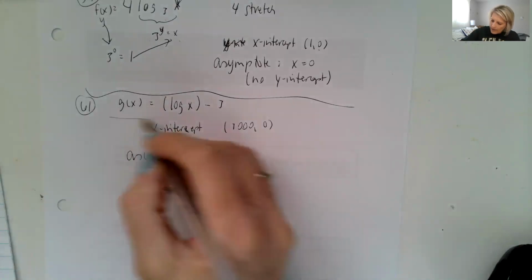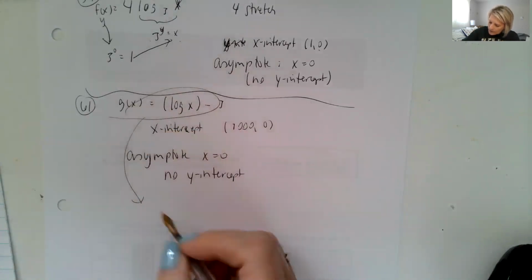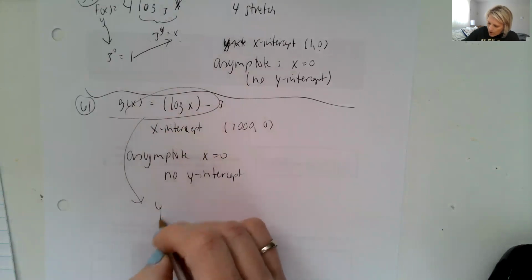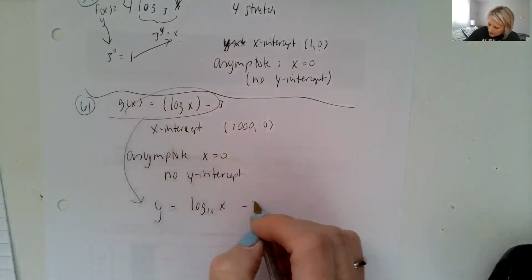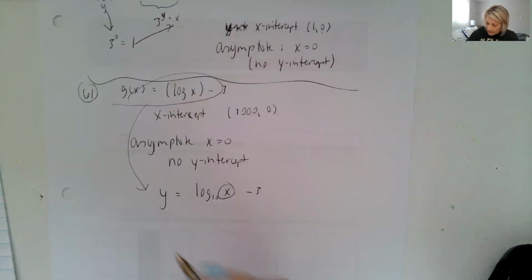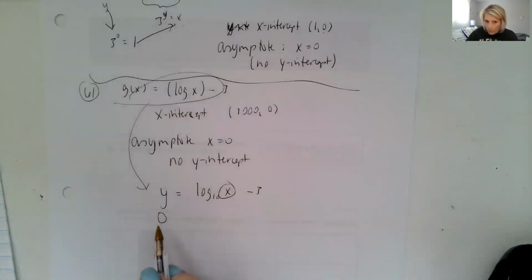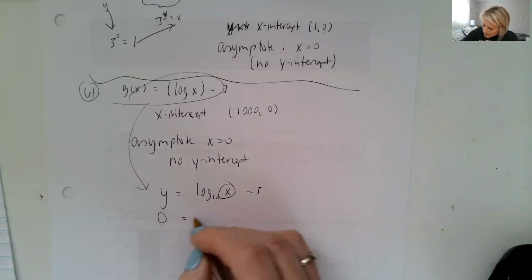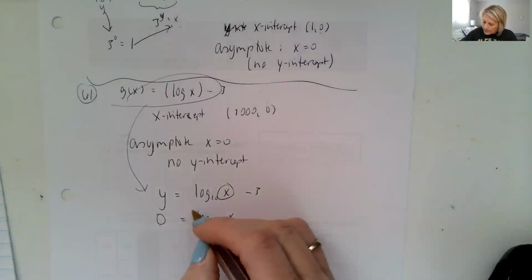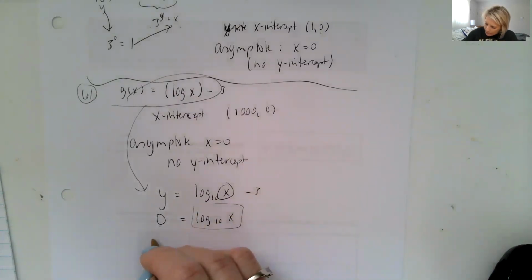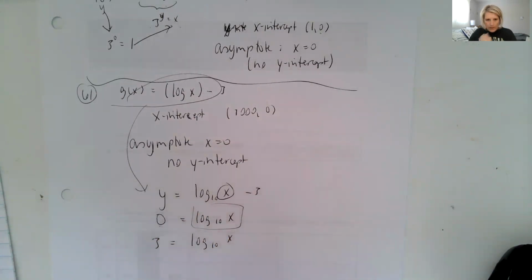And how could I find that x-intercept? So if we said that our g of x is just equal to y, and this is log base 10 of x minus 3, and I wanted to solve for x, for the x-intercept, right? So y is 0. So we have to isolate this log thing. So if we add 3 to both sides, well, that's interesting,